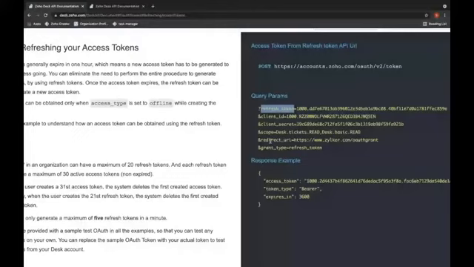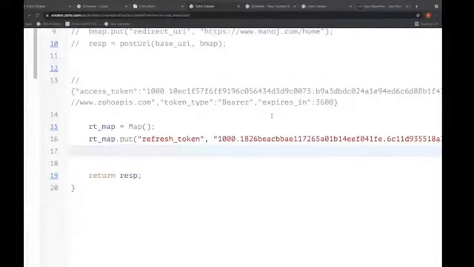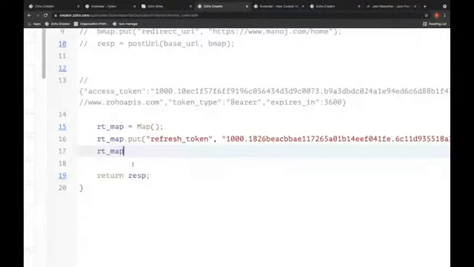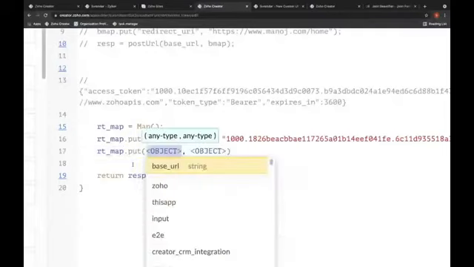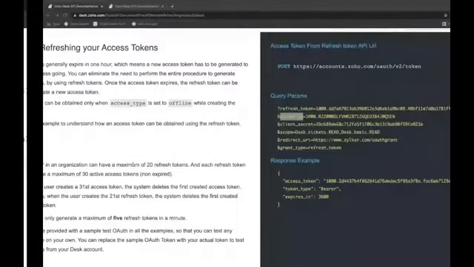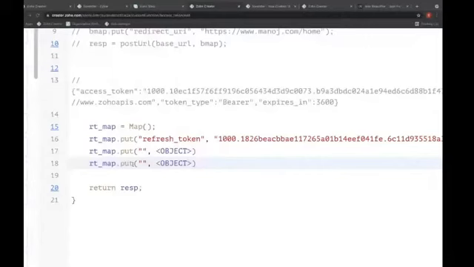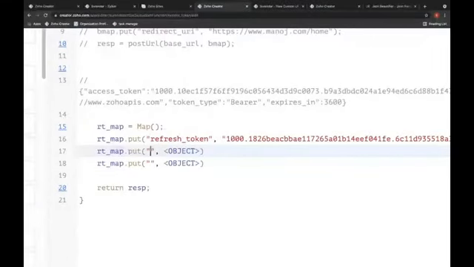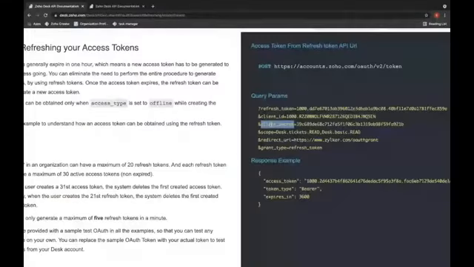So let me get to the client ID. What we have the root. Going to be the client ID, followed by the client secret